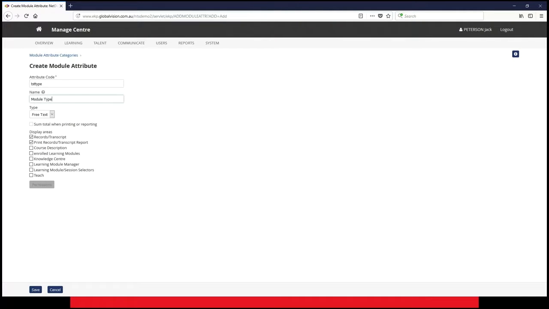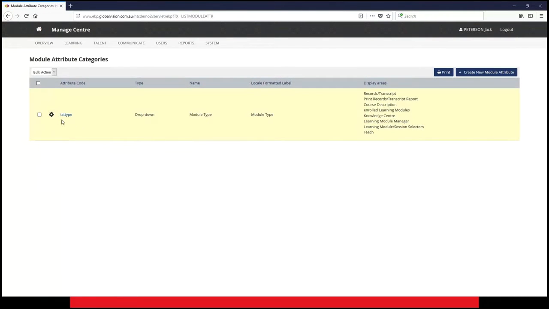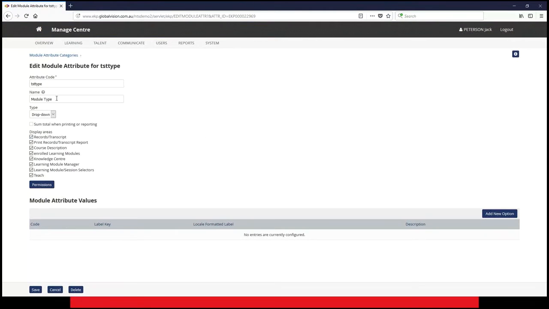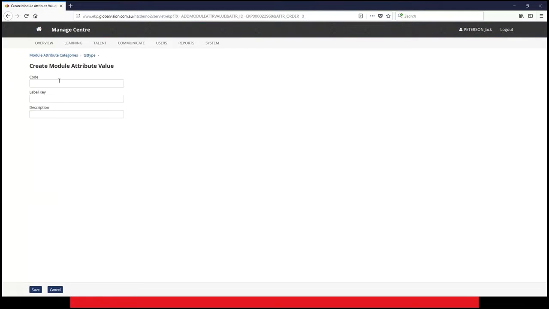Module type, and we will make it a drop down. And we say that it is available in course description, all of these places for us to choose from. And then we can edit it to put the drop-down values. So the first option could be something like